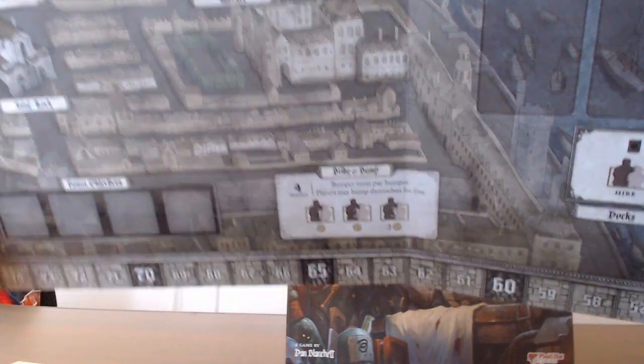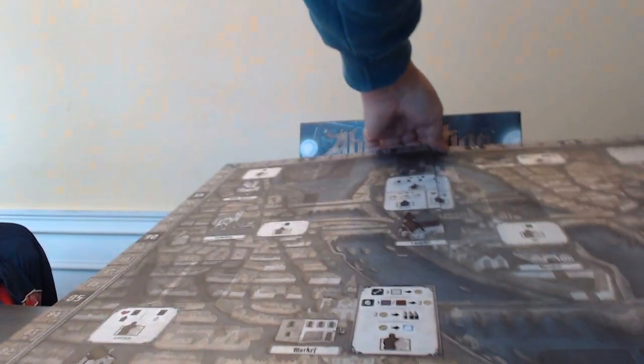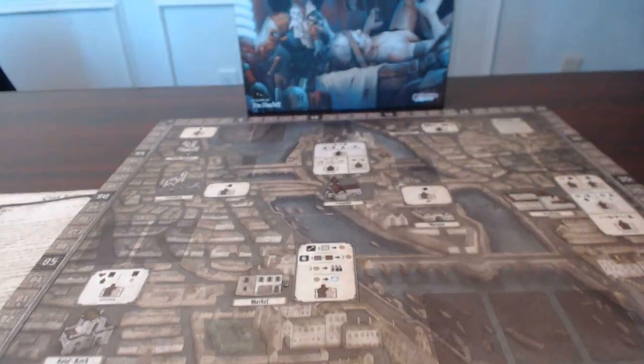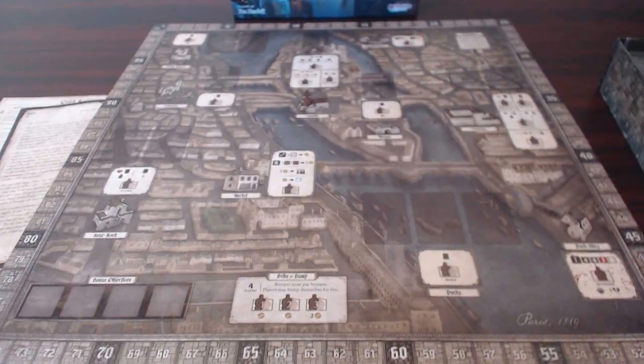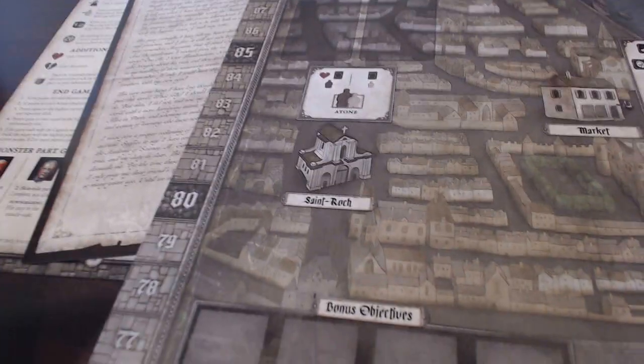Not much color in it, which you don't expect a lot of color. One-sided. Let me see if I can lay this down and show you guys it. So different worker replacement spots. That is pretty, but nice quality board. Definitely looks like it's laminated kind of thing. Not laminated, but so there you go. So you got your different spots, your public square, your cemetery, your church, looks like a church there,